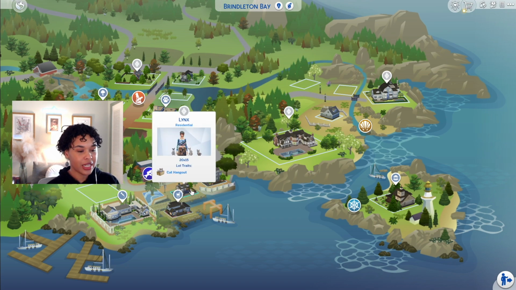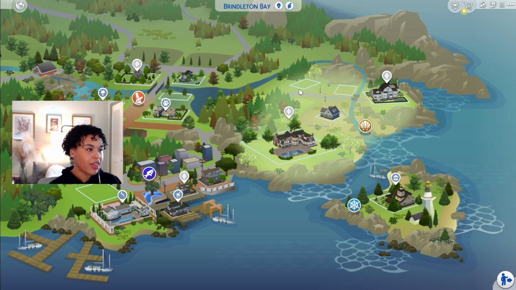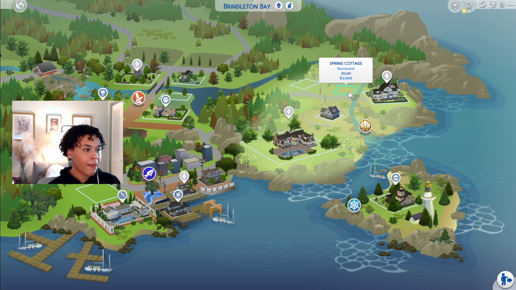I feel like the cozy cottage wouldn't be right over here, but we do have a lot of forestry over in Brindleton Bay, which can be kind of annoying when you actually build, but it's so pretty when you actually play. So we do have something by the vet clinic. I don't really think that would be all too ideal for this spot. And then we have these two little plots of land over here by the Delgados. I have no clue who these Sims are. My game might have just randomly generated them because I don't think they're actual townies, but I'm thinking we can actually build over here,